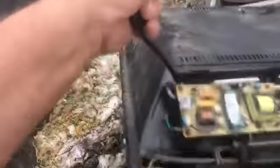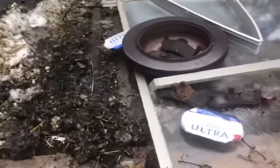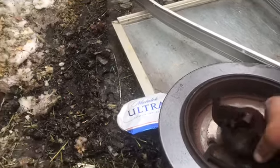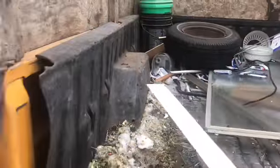Now, aluminum price is in the toilet. It's absolutely, and it's not coming back for a long time. Because a lot of these scrap yards, they're hoarding the aluminum. And a lot of scrappers are hoarding it too. Even one day when the demand actually comes back, it's going to be a long while before the price goes back up. Long while. Steel is a meal. Go that way because